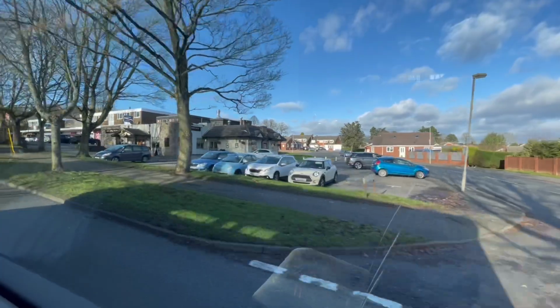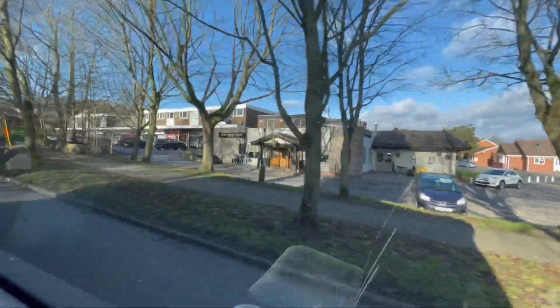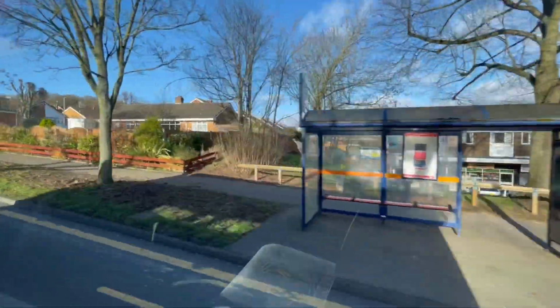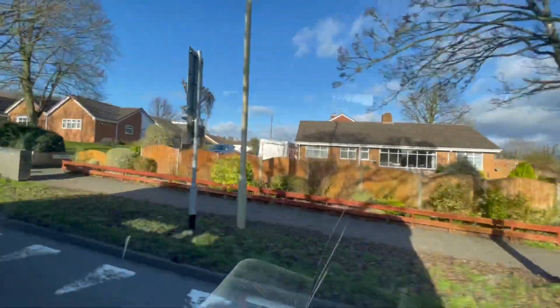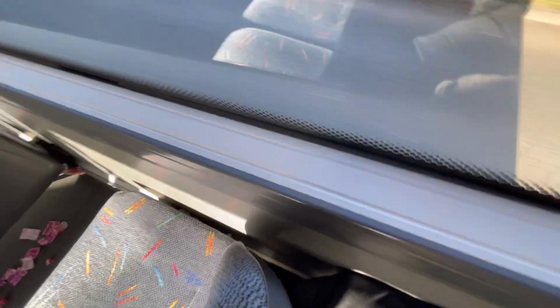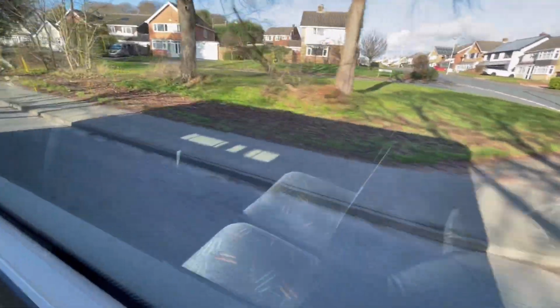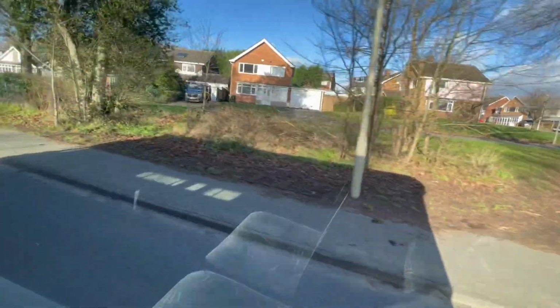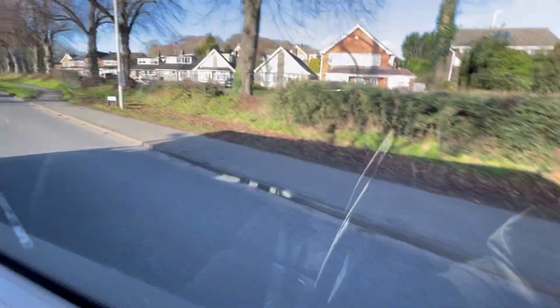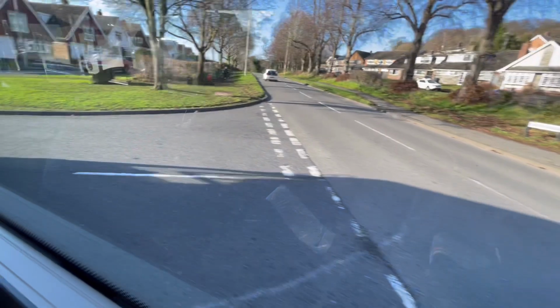And here's a row of shops, and there's a pub. We've now rejoined with the 17 just at the next junction, and that is going to join us all the way. So going straight, no buses go down there, and if you go further down that road, it goes into Lawnswood,